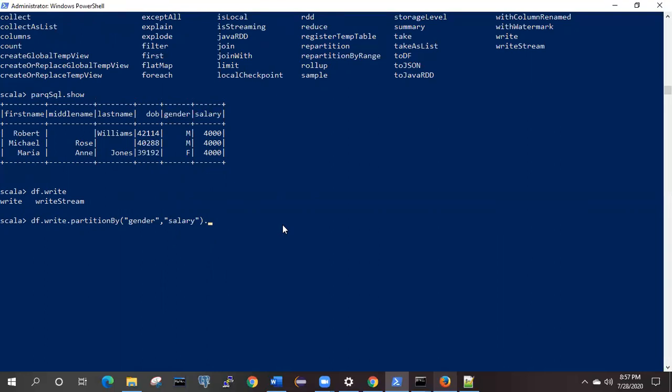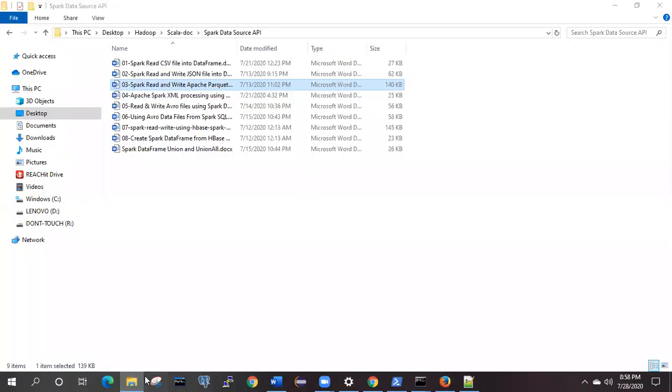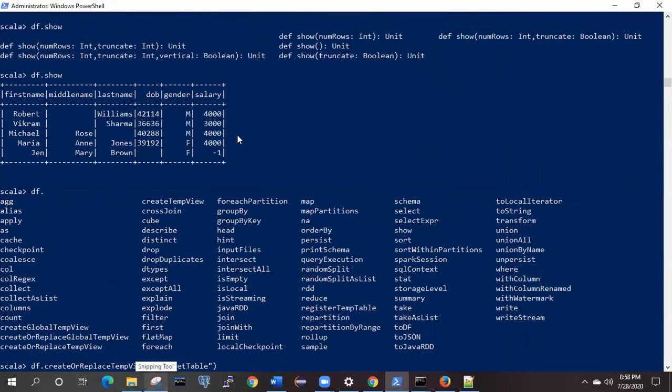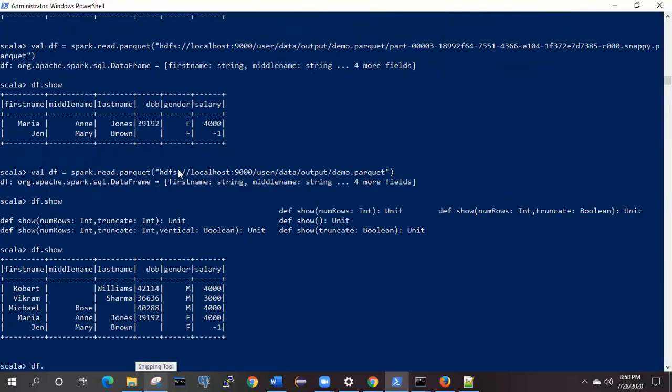Now in which format do you want to write your data? I want to again write the data in the Parquet format only. And where do you want to write? This time I am trying to write the data into HDFS first, and then we'll write into some other location.